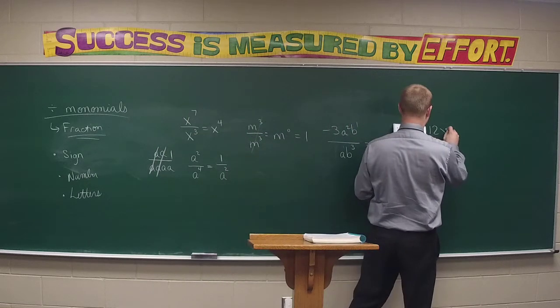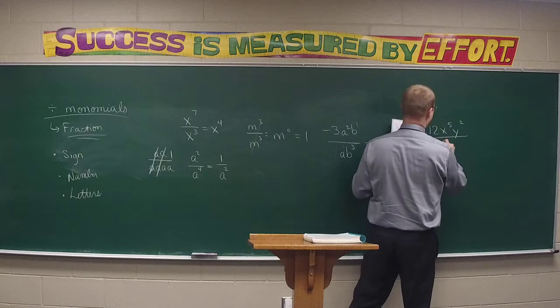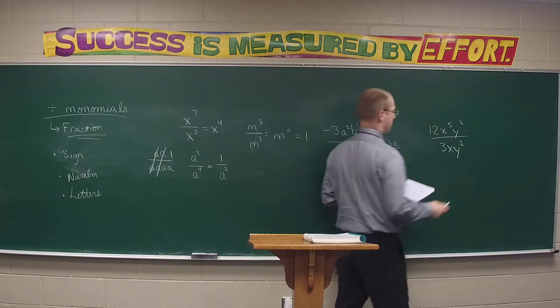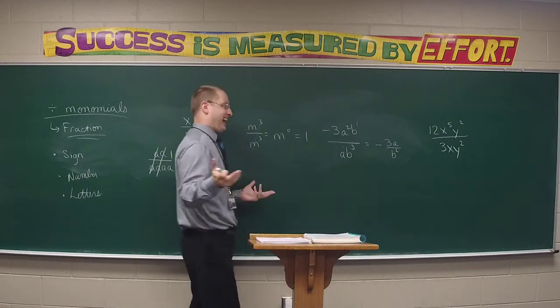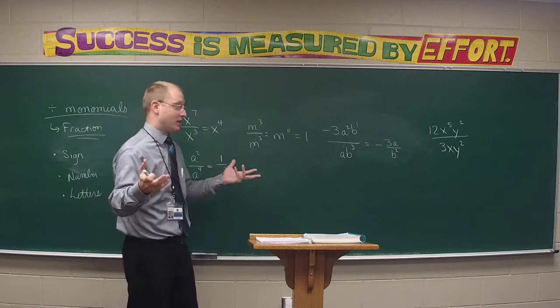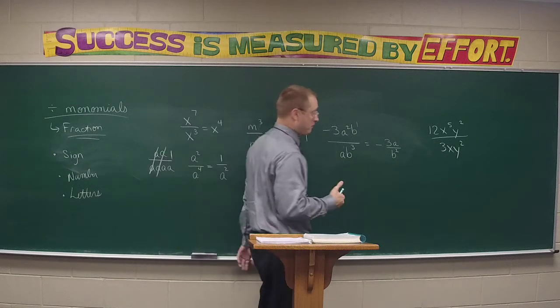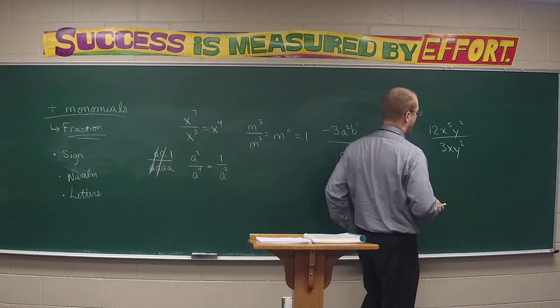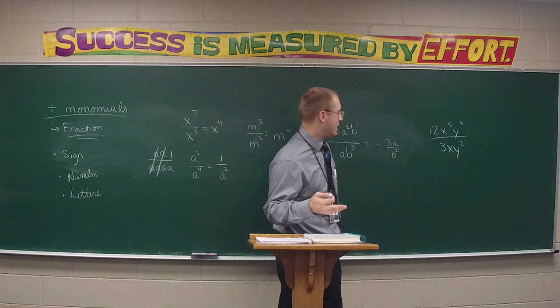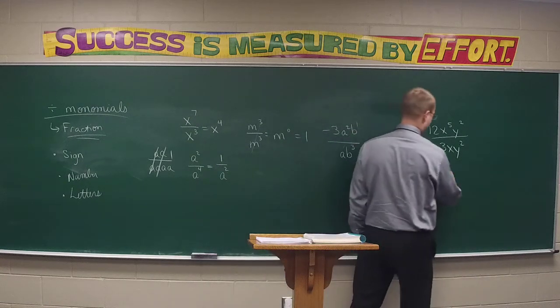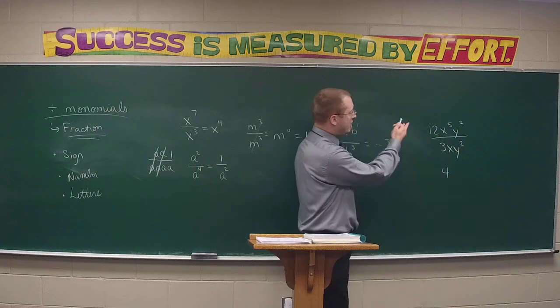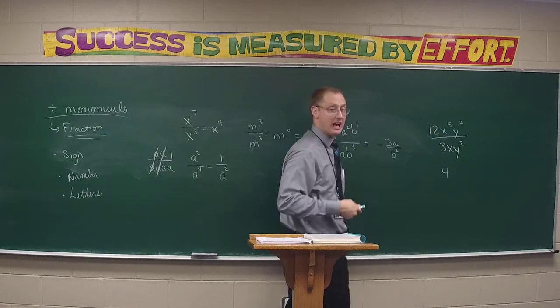Write this one down, 12 x to the 5th y squared over 3x y squared. If you don't see signs, that means they're both positives, and since they're the same, we're going to get a positive, which I'm usually too lazy to write. We'll divide the numbers. Hey, we can divide easily this time, right? 12 divided by 3, class? 4. And I've got an x to the 5th divided by a single x gives me, class,